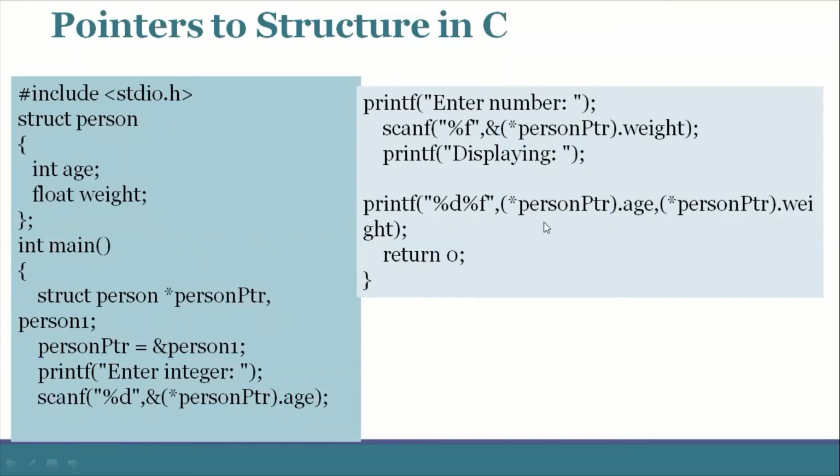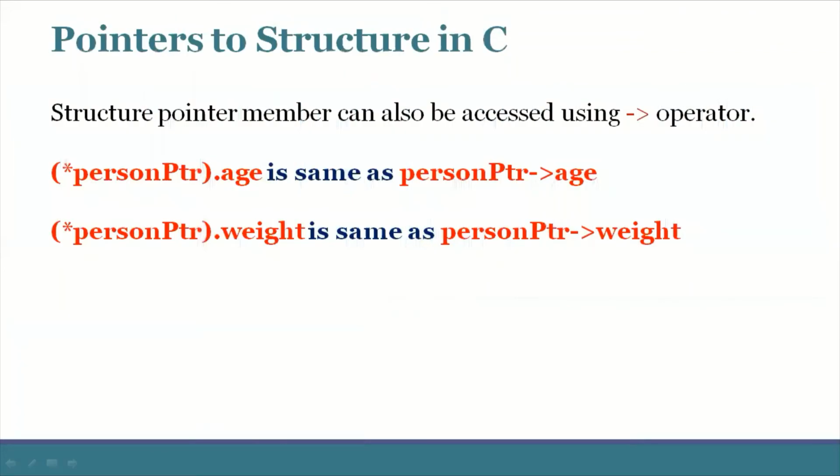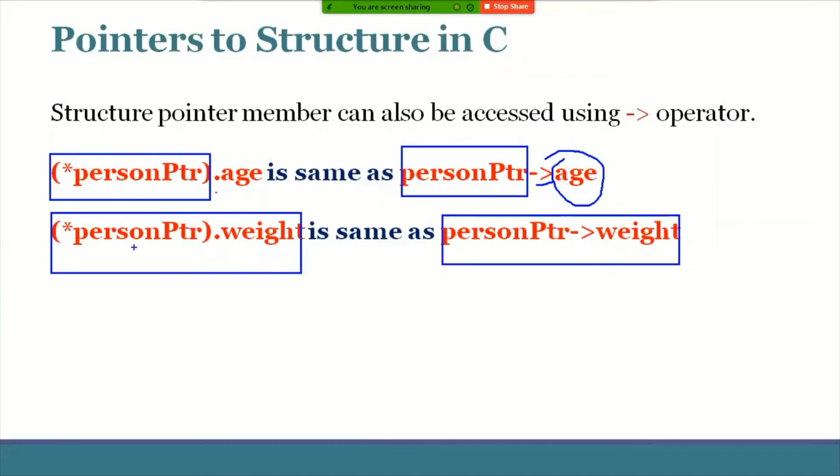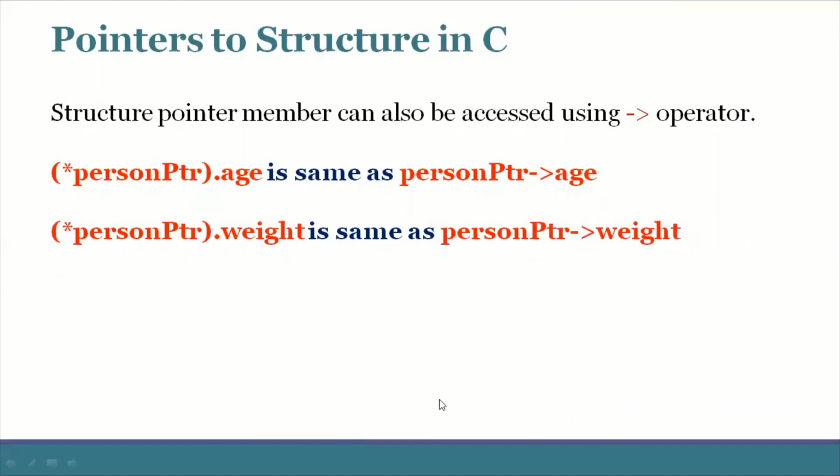Then the second method we will see by using this particular one. Within the parentheses, the pointer variable along with the dot operator is the same as the pointer variable along with the arrow operator and member. Similarly, this thing is equivalent to this thing. So here the dot operator is used, here the arrow operator is used. Here within the parentheses the pointer variable is specified along with the indirection operator. Here, without the indirection operator, directly the arrow operator. Right. That is about the dot as well as the arrow operator.